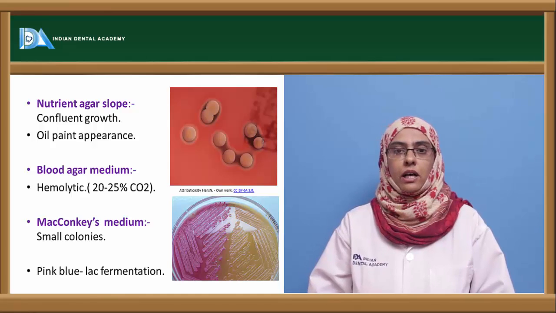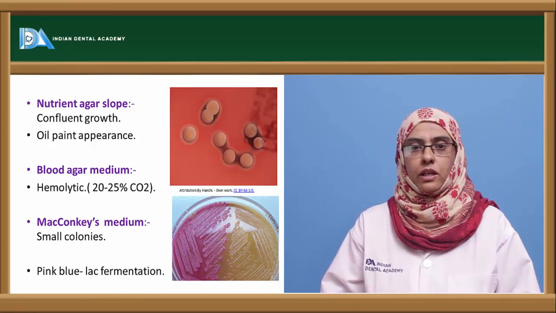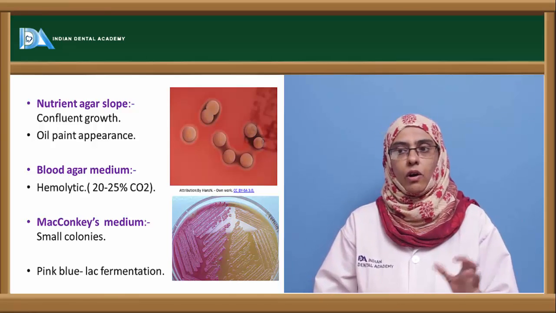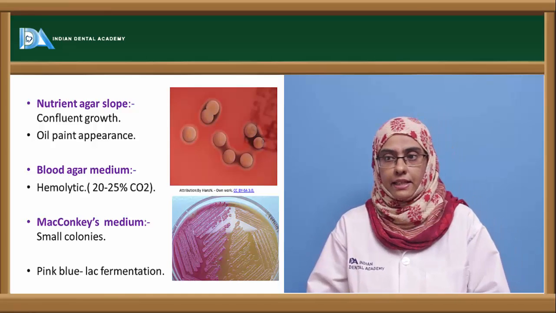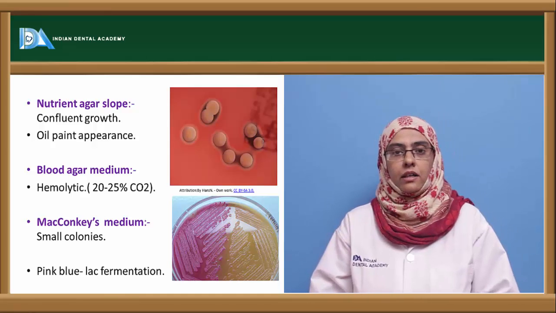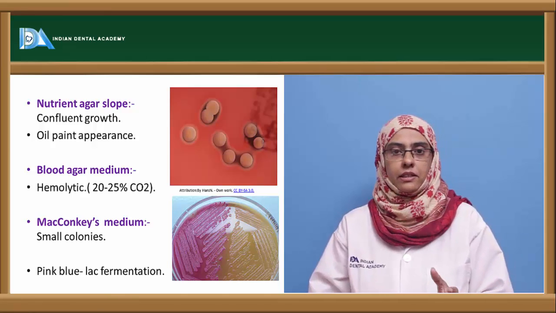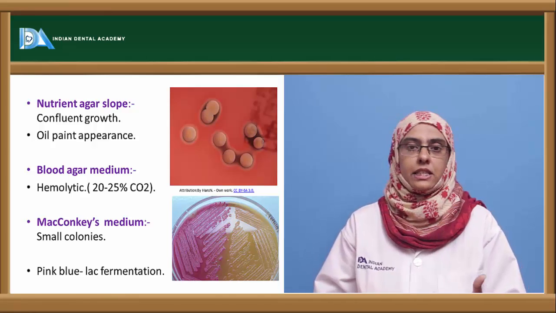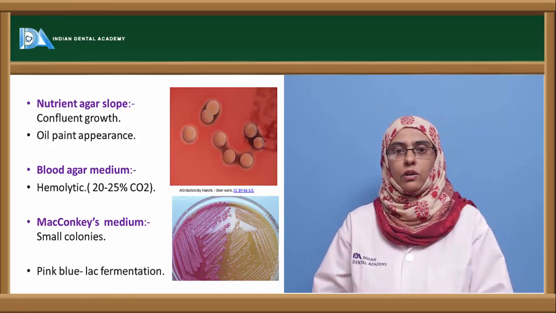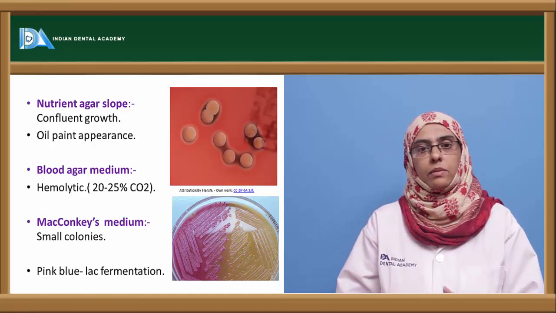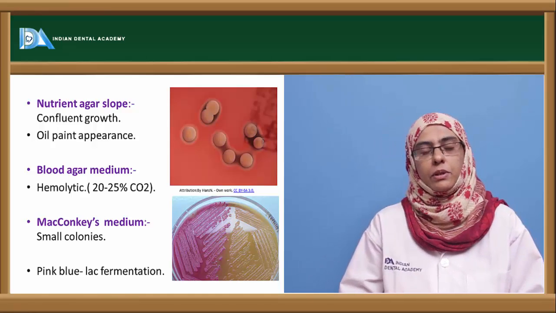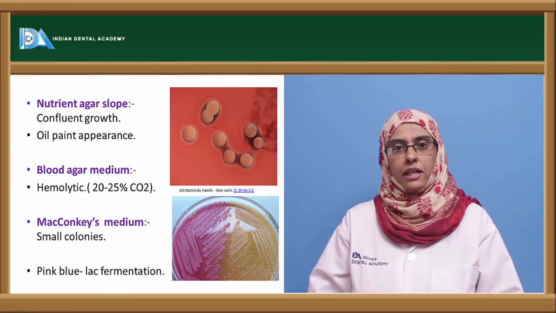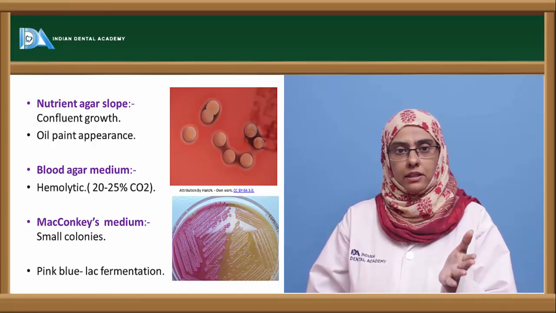Now coming to the nutrient agar slope, they usually show confluent growth, and the appearance is similar to that of an oil paint-like appearance that can be seen in the slide. Next is the growth of the organism in a selective media. Basic media helps us to identify the organism in the initial stages. The organism which can grow in ordinary media can be grown in the nutrient agar, but the organisms which are fastidious in nature have to be grown only in the selective media. So once they are growing in the ordinary media, they have to go about with the selective media